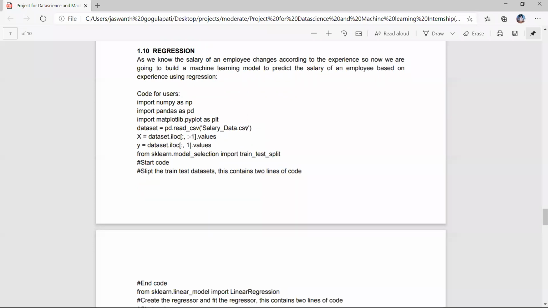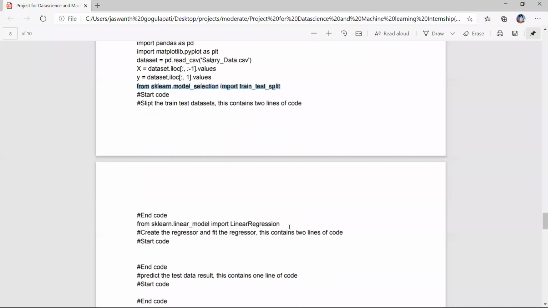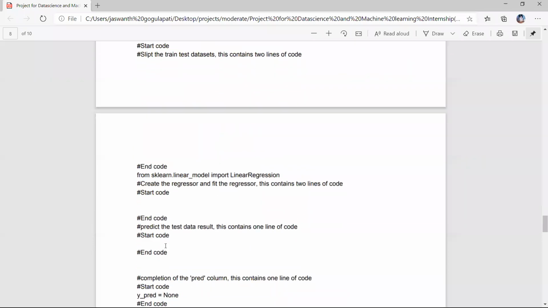As I said, in every machine learning model we have the same steps. First we import all the modules needed. Next, the data set we need, and we divide it into independent variables and dependent variables. Then we divide the data set into train set and test set, import the regressor, and predict the results.